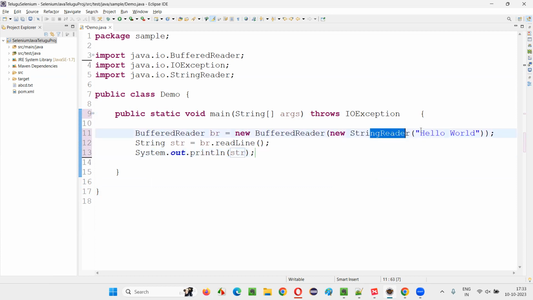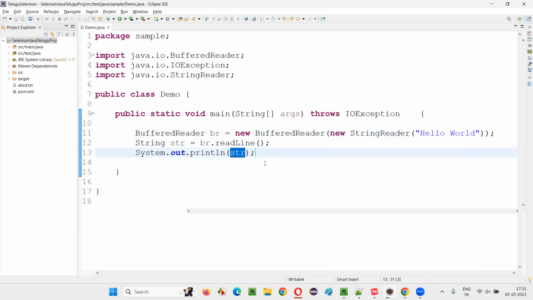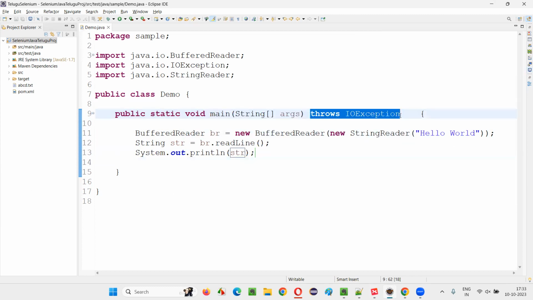Whatever the StringReader text is, with the help of br we are reading that line. So hello world will be read into this str, and when we print str, hello world will be printed in the output. Just run the code as a Java application and you will see that hello world got printed without any problem. So when this IOException may come here is,